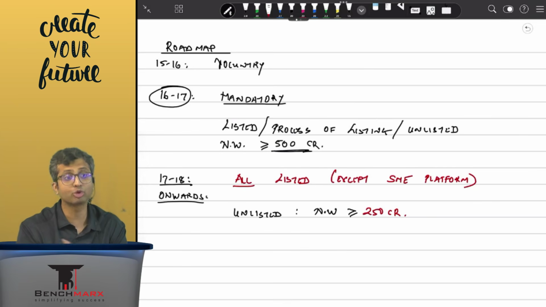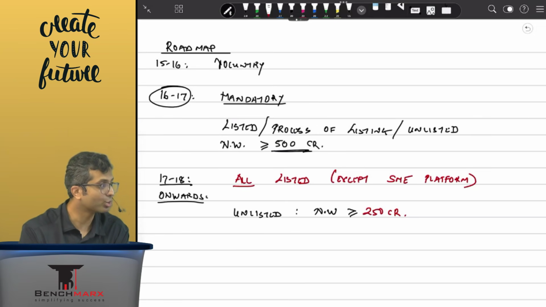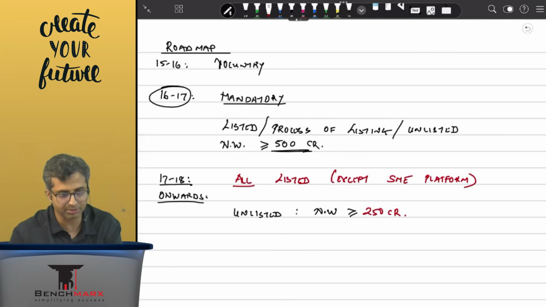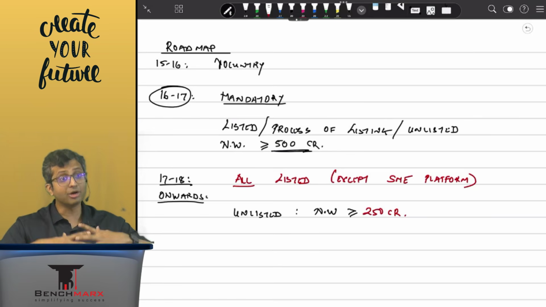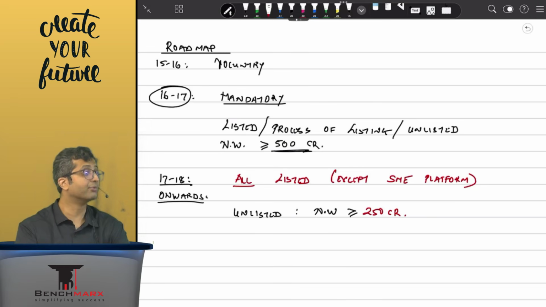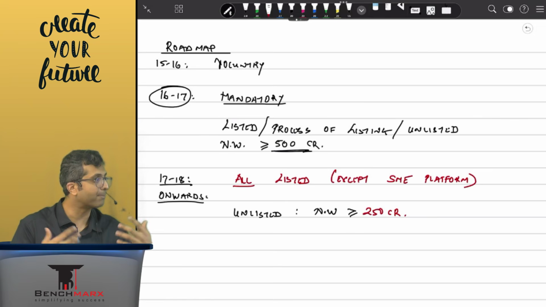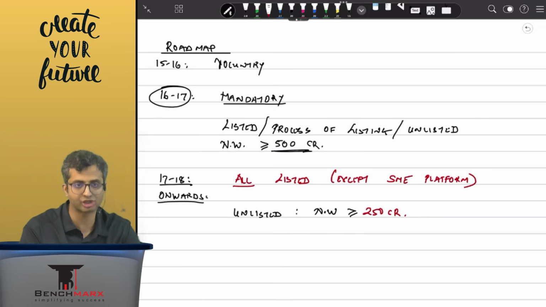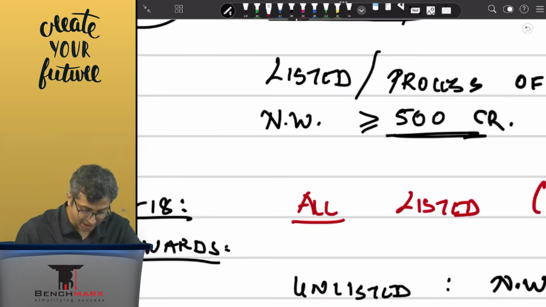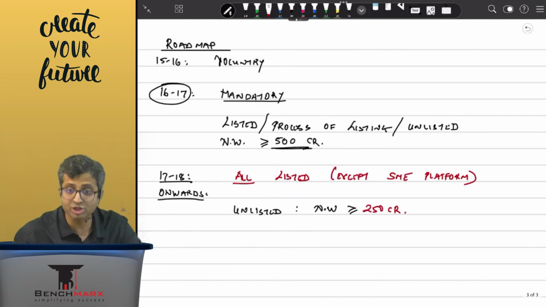Most of them. So किसको Ind AS आता है? Big Four को आता है. मिड साइज फर्म्स know Ind AS, बट वो एक छोटा फर्म अफोर्ड नहीं कर सकता, and hence they are waiting for another 5 to 6 years, after which they will reduce the net worth limit even more. It will still not be applicable to everyone, but the moment there is enough workforce which can apply Ind AS in a much more cost efficient manner, the institute is not prepared to dilute it. So abhi iske liye humne word use kiya 17-18 onwards, which means even if you are giving the